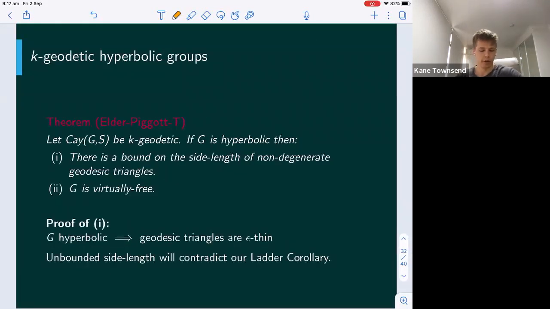Okay, so the proof of part 1 is actually quite straightforward. Since G is hyperbolic, we know the geodesic triangles are epsilon thin. And then an unbounded side length, if we assume that there is one, will contradict our ladder corollary. So if, say, this side is unbounded, then